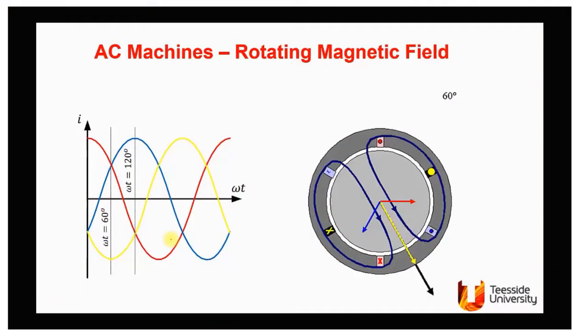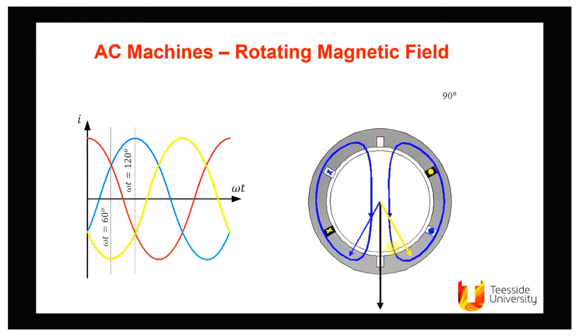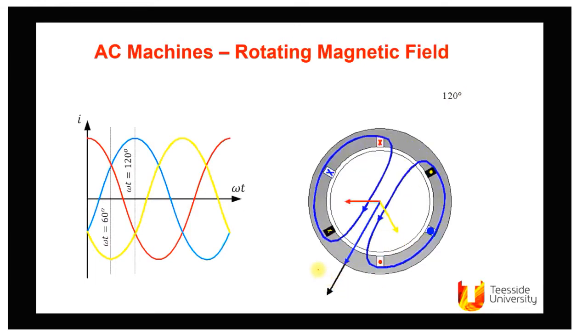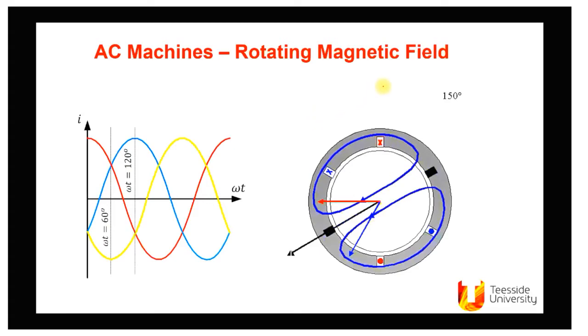In this video, we understood the concept of the rotating magnetic field and how it is produced. The credit for this video goes to the university, and this video is used only for educational purposes, not for any commercial use. Let us see here. As the angle changes, see that the flux is rotating in the clockwise direction.